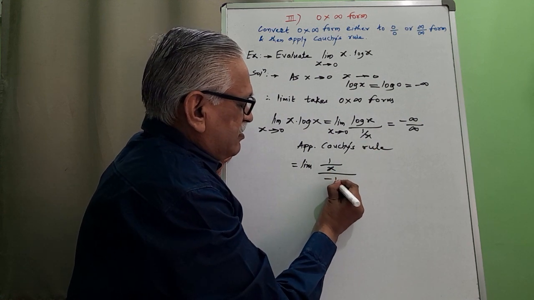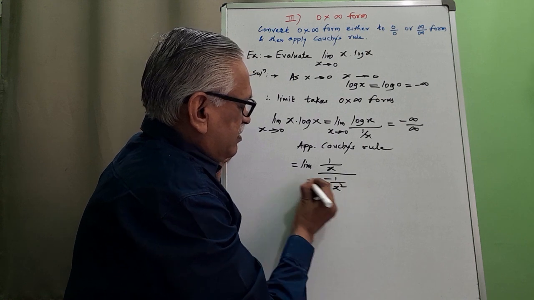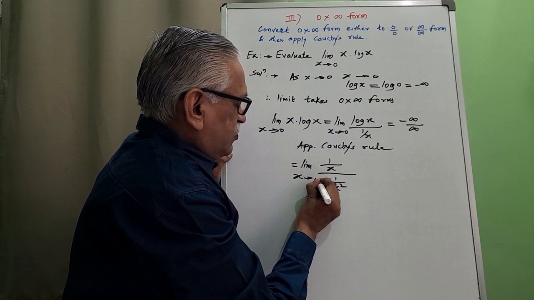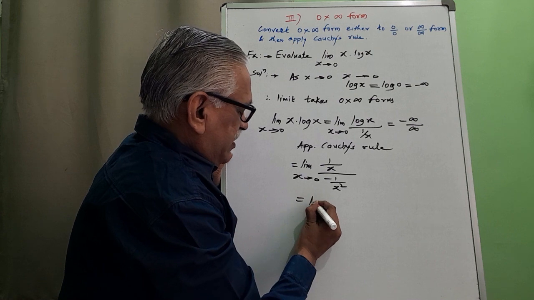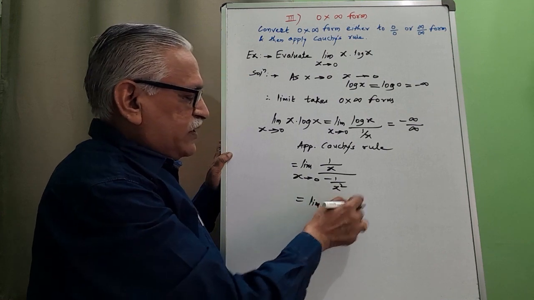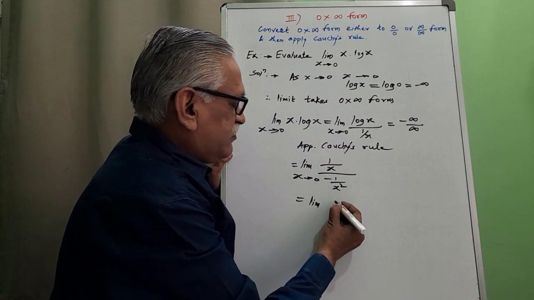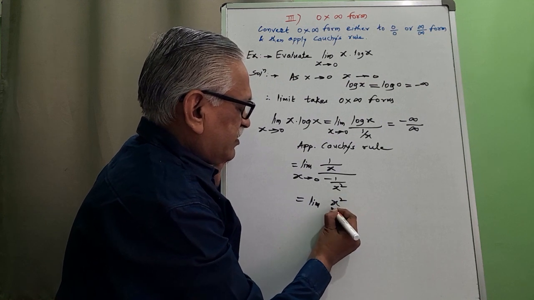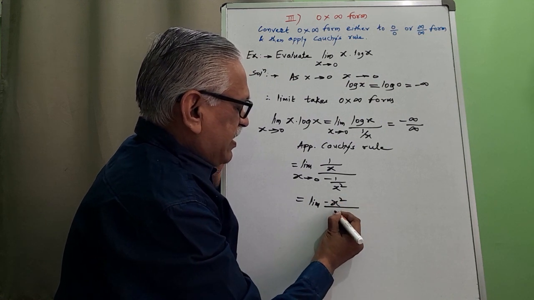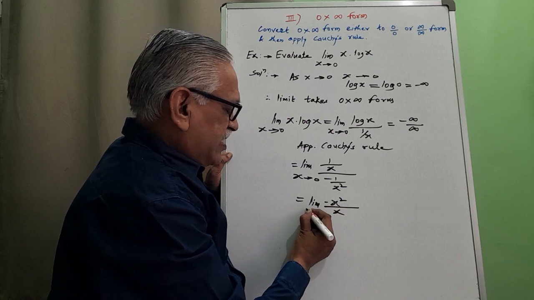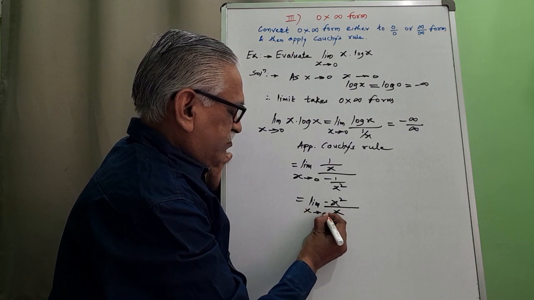Differentiation of 1 by x is minus 1 by x square. Limit as x tends to 0. Therefore, it becomes limit. Transferring this to numerator, it becomes x square divided by x with minus sign, and as x tends to 0,